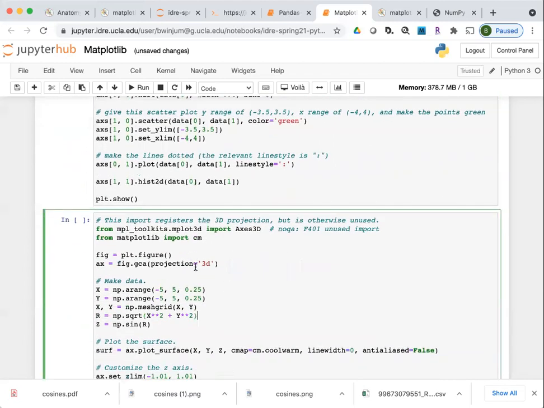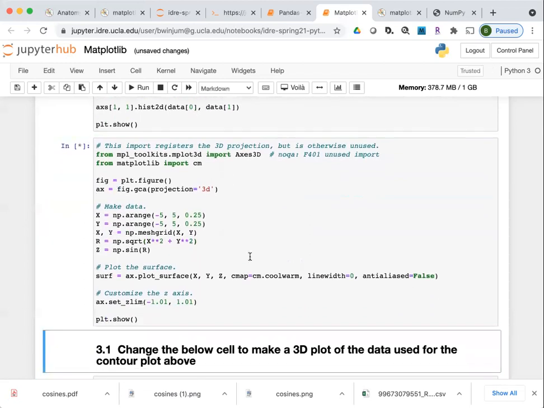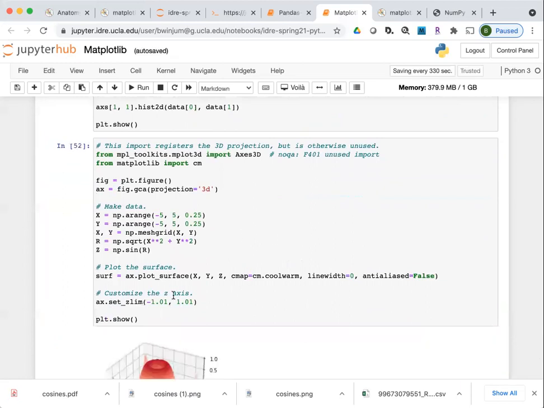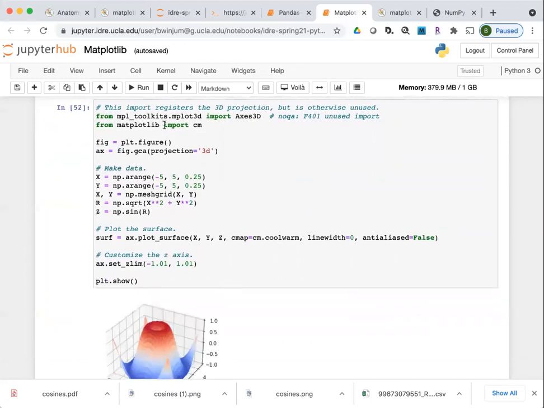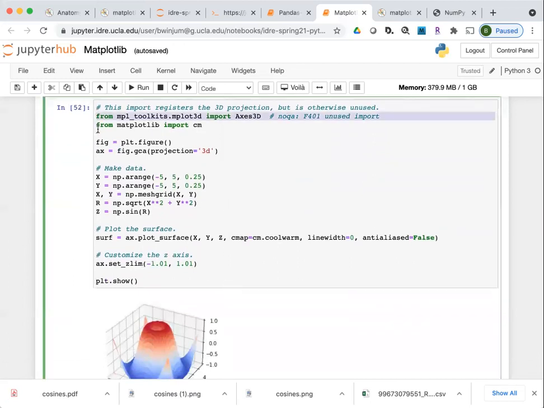And then the final thing that I'll show inside of this notebook is to make 3D plots. In this case, it's generated as a surface plot. It would be good for you to look up the documentation for how to generate 3D plots if you're interested in them.